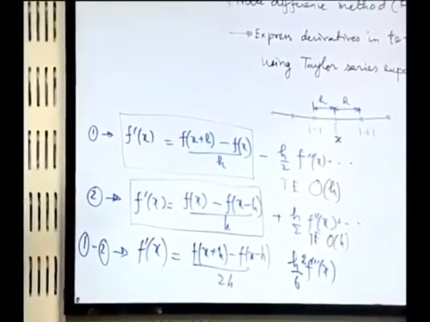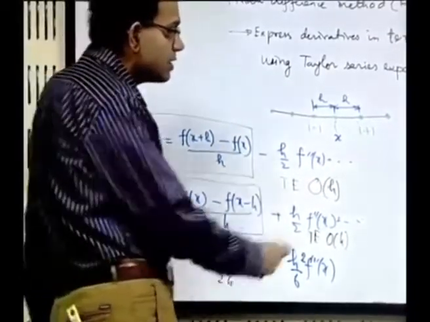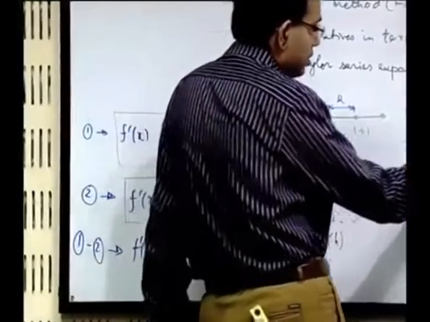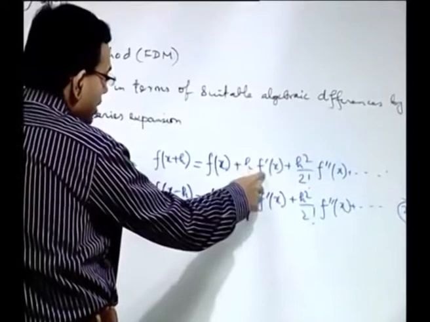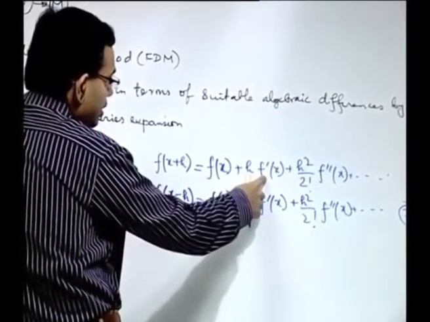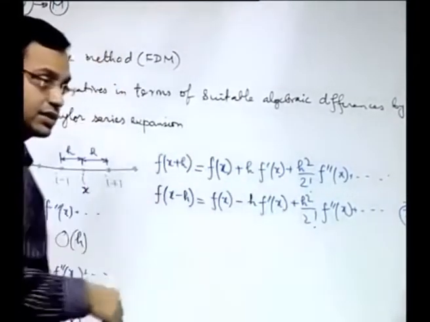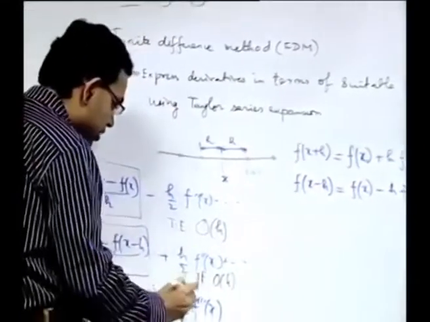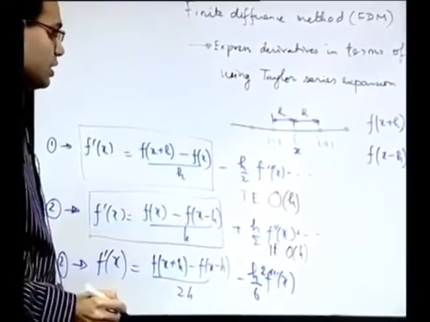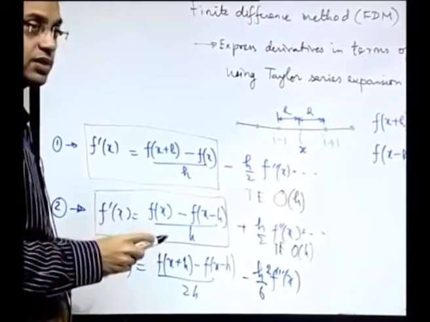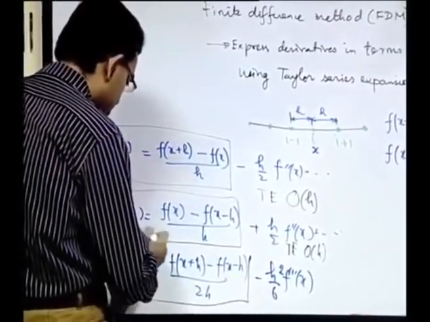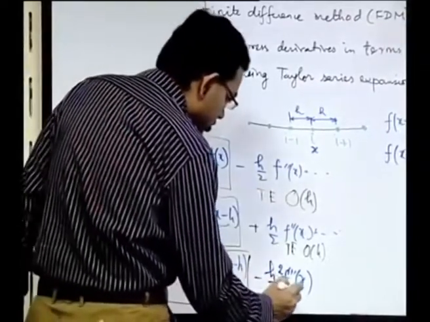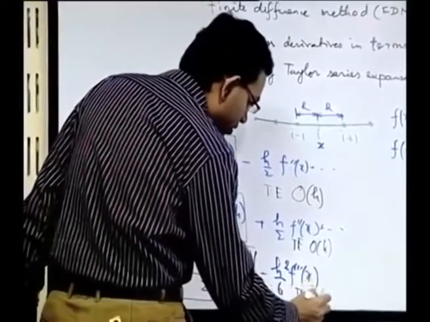Now, whether it is plus or minus sign, let us just check. So, it will be f dash x, if you keep it on one side then it will be minus, right? But at the end it is not important whether it is plus or minus, only the order is important. So, the truncation error is of the order of h square.